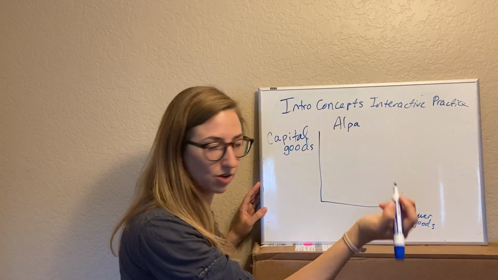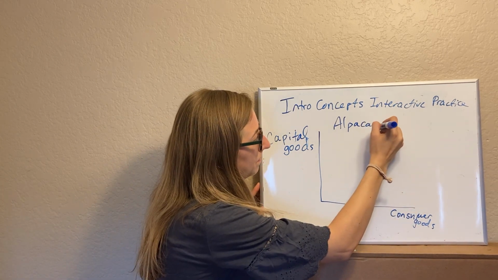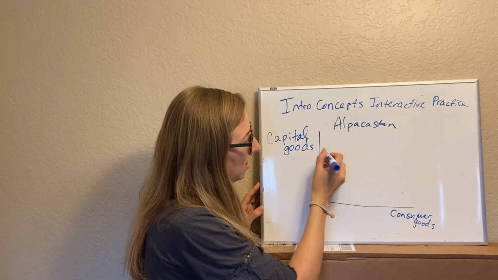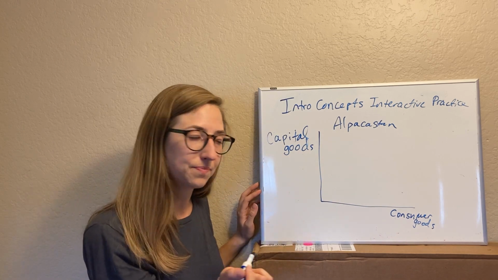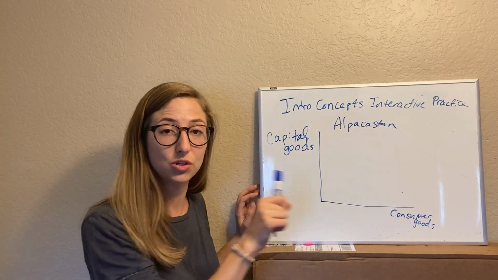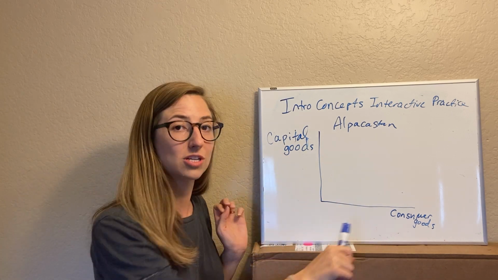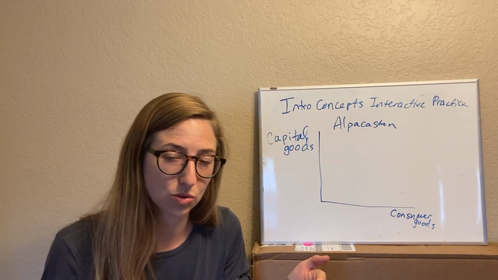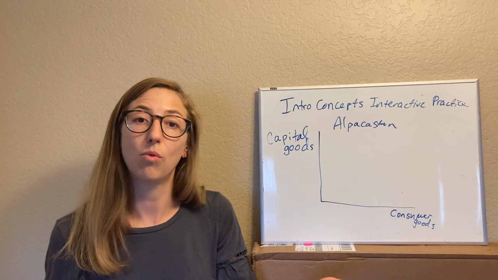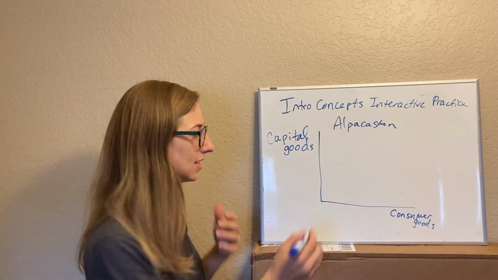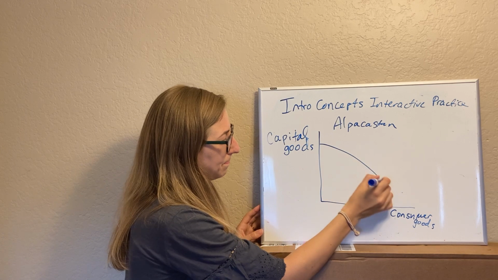You might do that first so you don't forget. It's important. Okay, and this is going to be a curved line PPF, because capital goods and consumer goods use different resources. So as you switch between capital goods and consumer goods, you're going to start by converting the easy to convert resources first. Then it's going to get more and more expensive, right? The opportunity cost is going to increase to convert them.